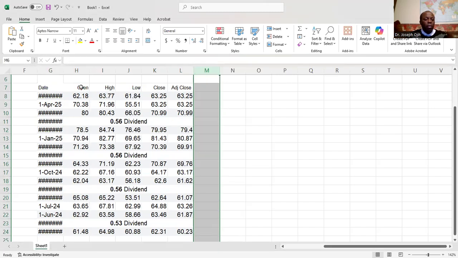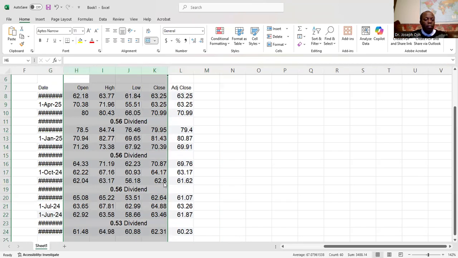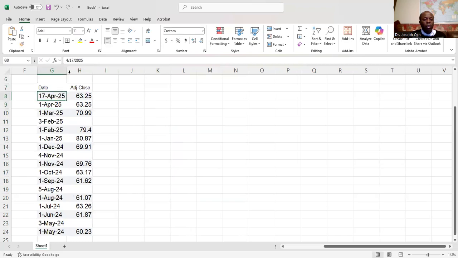Now from here, okay, let me put it this way. Go from here all the way to this place. Right click and delete. See, they're all gone. Now you have the adjusted close and the date. It is showing this way because the date is long. I think it has more information than the space can contain. So what you gotta do is just go here and